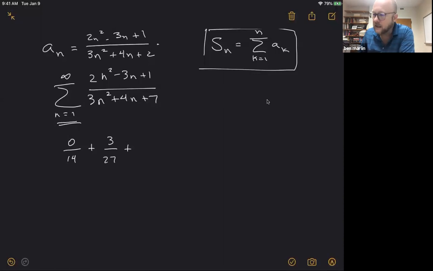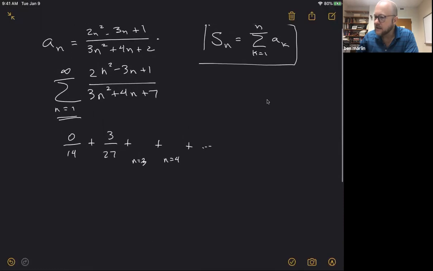And then you could plug in n equals 3, n equals 4, etc. And of course, there's no way that you can actually find this sum by adding up an infinite number of things, because you're a finite being. So if you were asked in an example like this to look at that thing there and determine whether or not it converges,